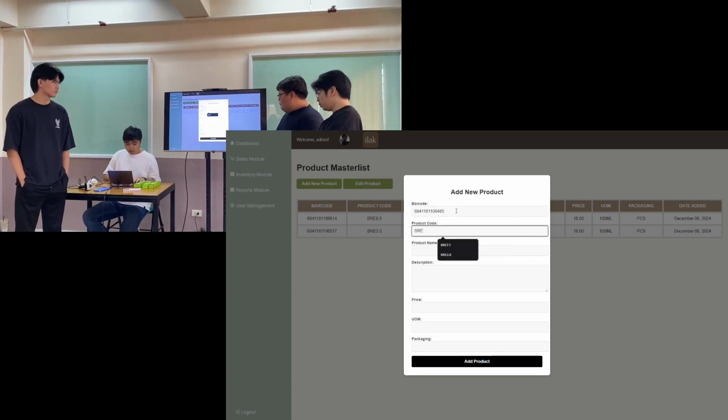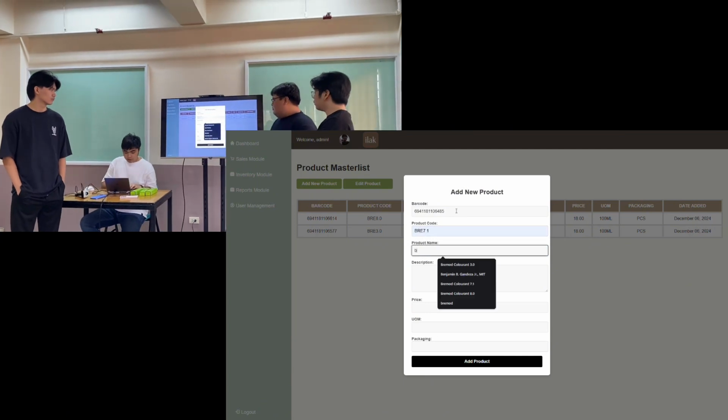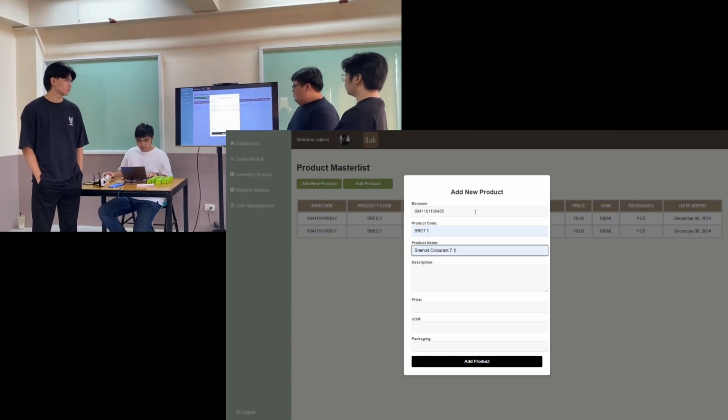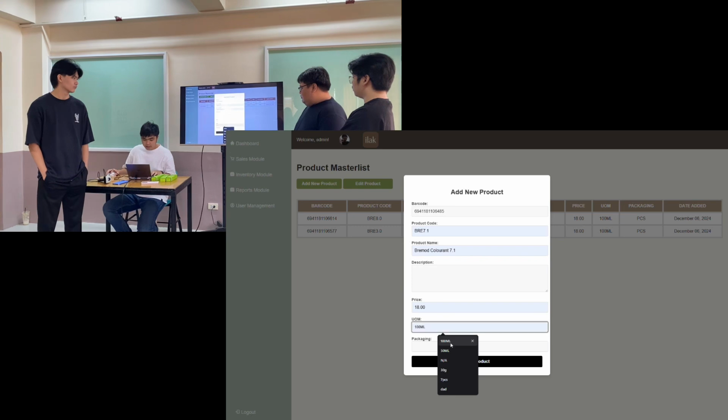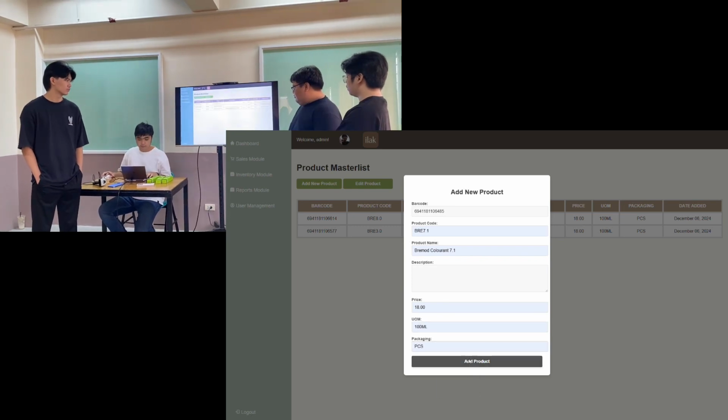And the code is 7.1. The product name is Remote Colorant 7.1. The price is the same, so 18, 100 ml and pieces. There, you can see